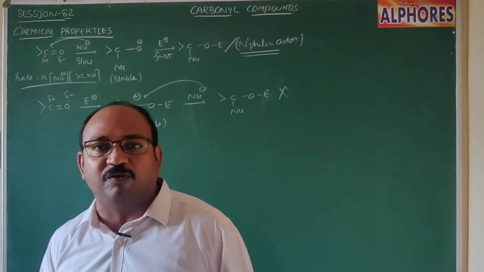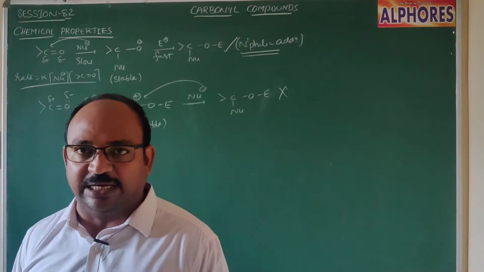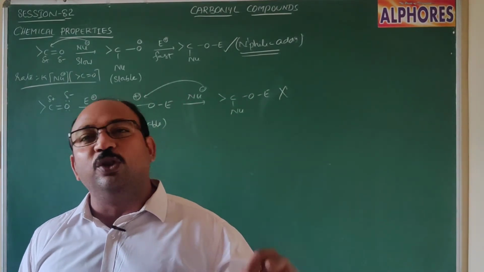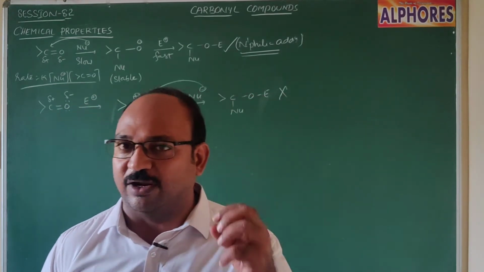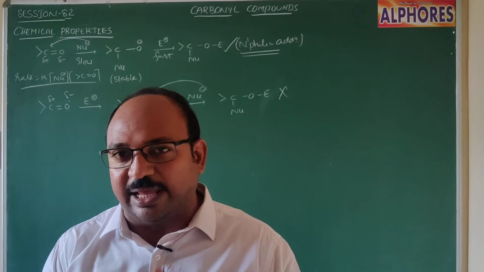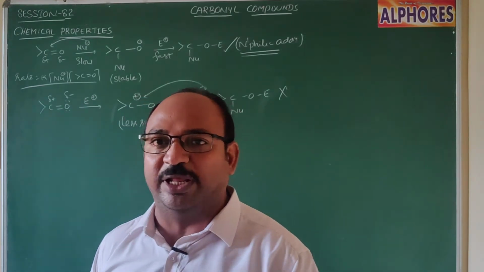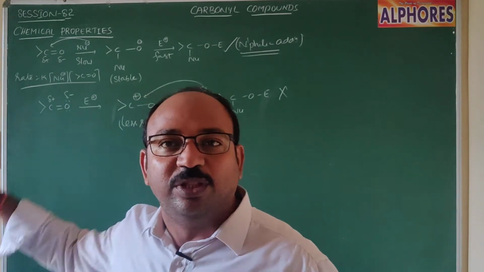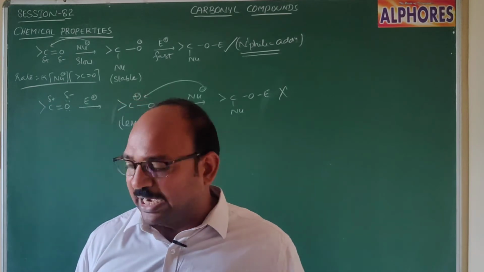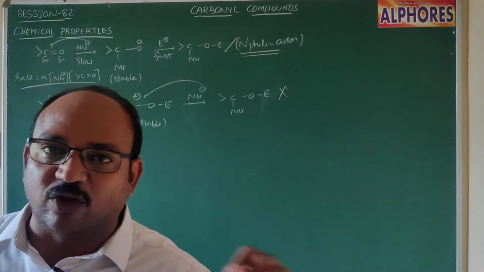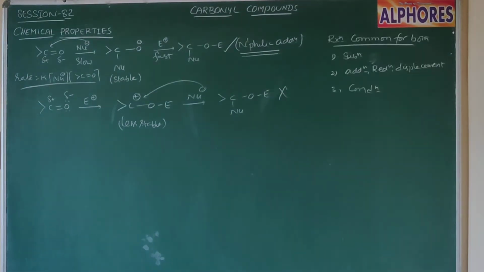Because of the participation of a nucleophile, we call that reaction a nucleophilic addition reaction. Even though a nucleophile and an electrophile are both added across the carbon-oxygen double bond, or across the carbonyl group, the attack or approach of the nucleophile is the slow step and the rate determining step. Because of that, we call these reactions nucleophilic addition reactions rather than nucleophilic-electrophilic addition reactions or only electrophilic addition reactions.